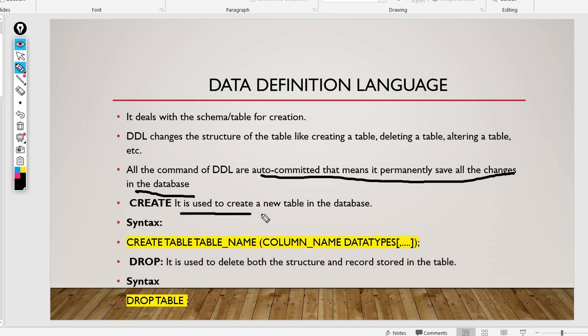This is the basic thing for creating a table in database. It is used to create a new table in the database. Syntax is provided here: create table, table name. You will give some table name here, column name, data type. Well, I'll give you with a